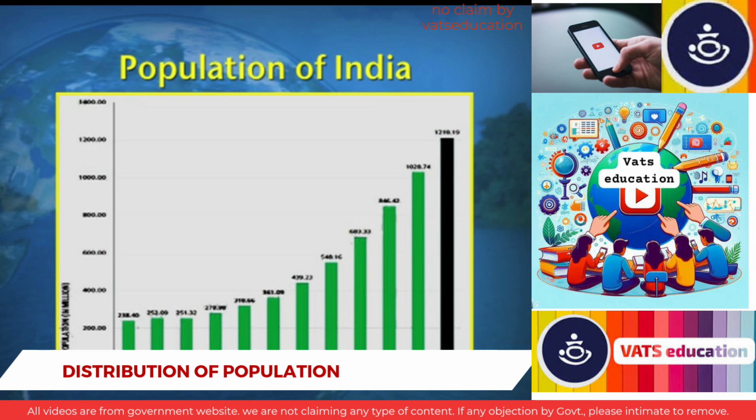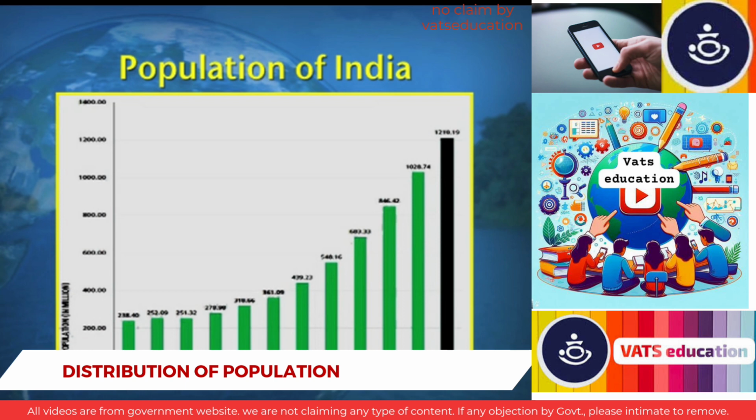You can have a statistical diagram view of the population of India. As I told you, every 10 years a census is conducted. So this diagram, which is a bar diagram, shows the population of the different census years. If you look at the diagram, you can have a view of the curve, which is a progressive curve with every census year. So first in 1901, when the population was 238 million, then 1911 with a 252.09 million population,